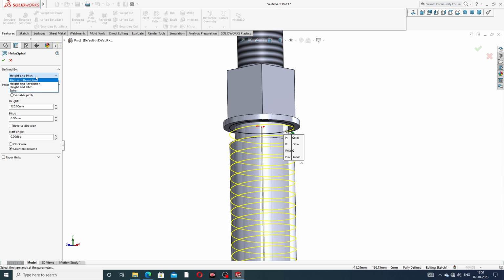This is a height and pitch, and use a height is 120 millimeter, and pitch is 6 millimeter, and degree is 0 degree, and counterclockwise. Okay, all is perfect and correct, and click OK.